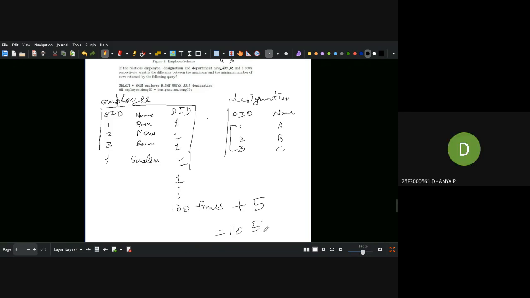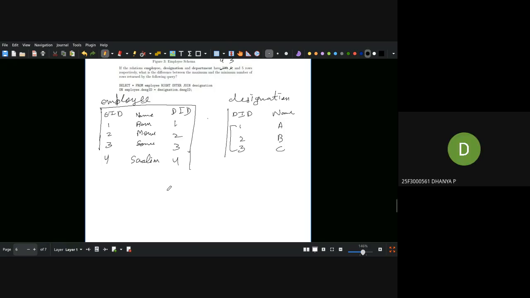Okay. Was it the correct answer? Yes. So now the min. Is there any minimum for this? Minimum is also easy. You can have all 6 designations spread out, and for all the others, these designations can repeat however you want. So the minimum is 100, and the rows will be 100.